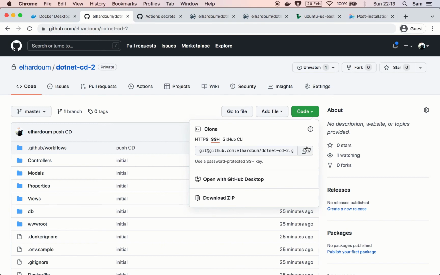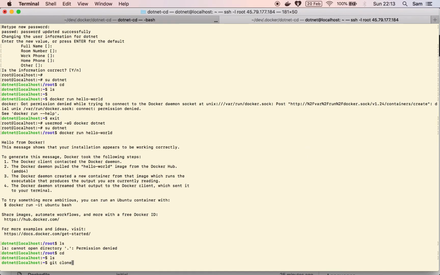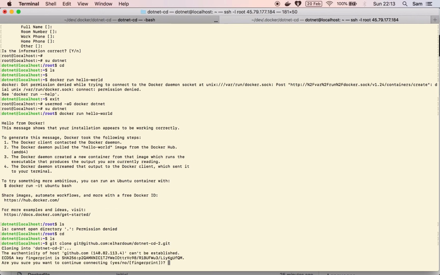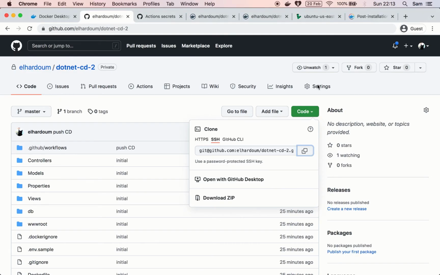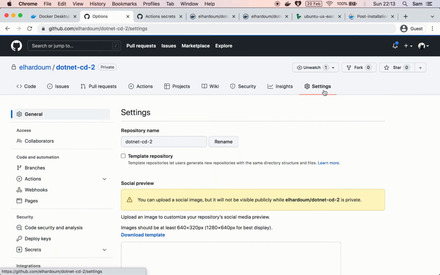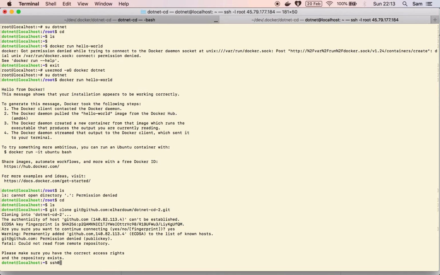So if you were to clone the repository, you could just do it with SSH. You do git clone. It's not going to work because we didn't set up a key yet. So that's what we're going to do next. You want to create a new SSH key for this user. So ssh-keygen,